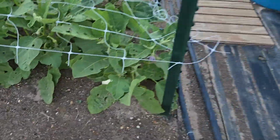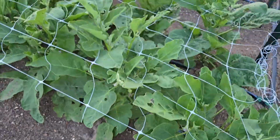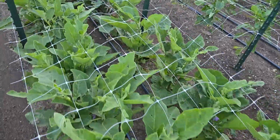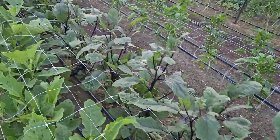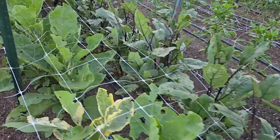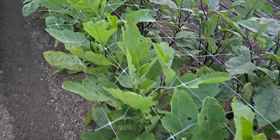But what I am seeing on the next row is I'm getting some eggplants already, which is a good thing. We make eggplant jerky and everybody loves it, and we're almost out from last season, so we need to be making some more. So it's good to see that we got some white eggplants,